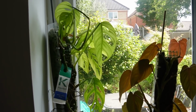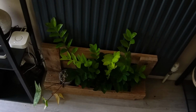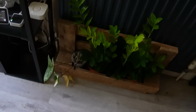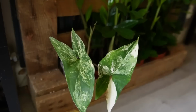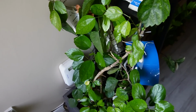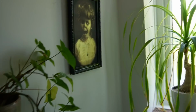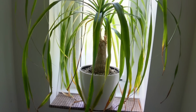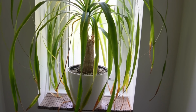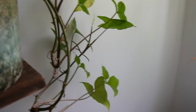And Adansonii. Into the kind of corridor of the house, the only thing that will grow quite happily there is some ZZ plants. There's a propagate of Syngonium albo, and then right here is my hibiscus. So if I swing you around into the guest bathroom, you can kind of see what I meant. In terms of the polytail palm, there's a reverted Syngonium there that's kind of trailing, and I like the way that it's trailing, and a very large